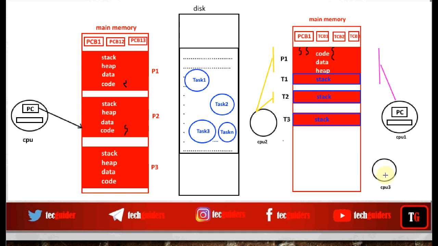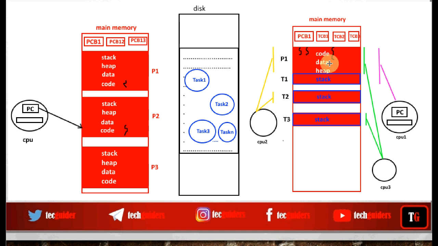And CPU 3 will be executing thread 3 by accessing the same code space, data space, heap space, and the stack space for thread 3. So here it is clearly visible, all the threads share the same code space, data space, heap space, and each thread is having its own stack and its own CPU registers.